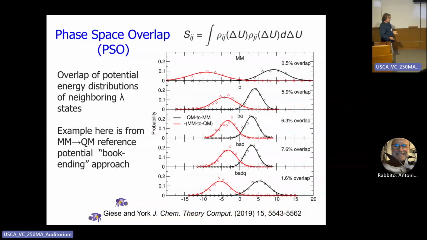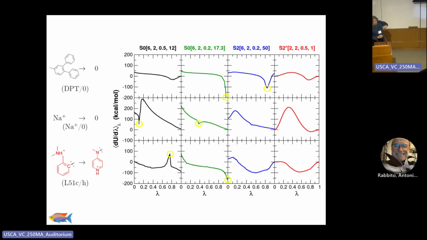So another way of saying this is you need to have good phase space overlap, whether you're doing a thermodynamic integration calculation or a BAR calculation or MBAR calculation. And so phase space overlap involves the distributions of the two end states of the delta E distributions, described in many papers. But the point is if you go to some different example transformations and take a look at the dU/dlambda profiles, every time you see these little yellow dots, and I'll highlight just a few of them,